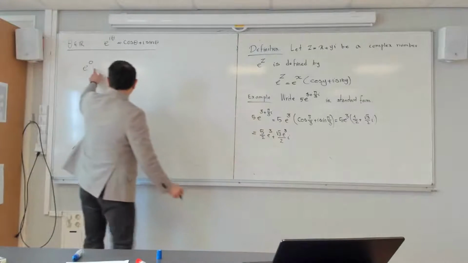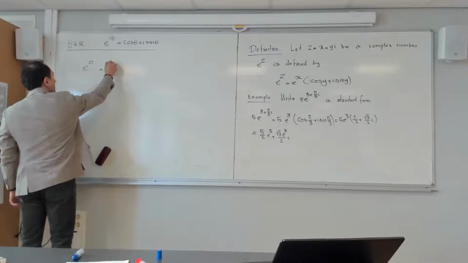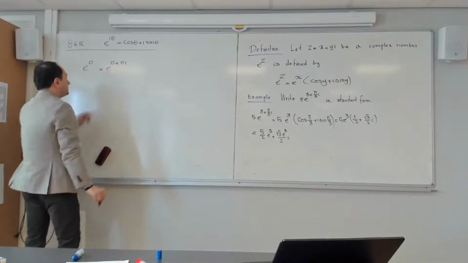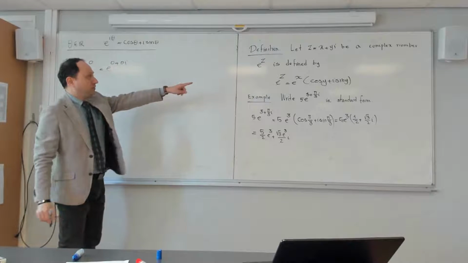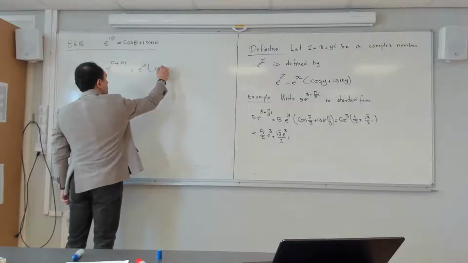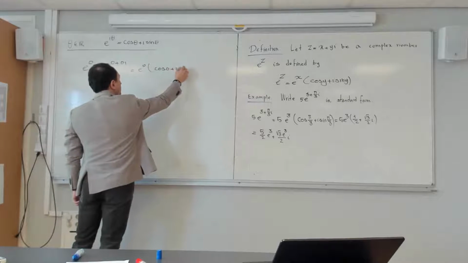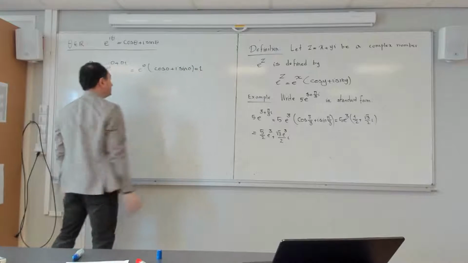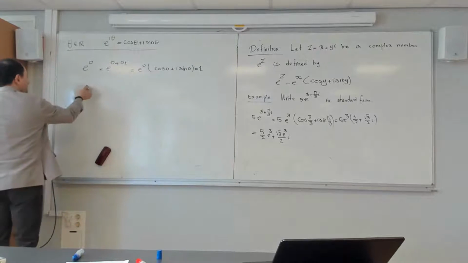Because when I write it in that form, it becomes e to power 0 plus 0i. So x is 0, y is 0. If I plug that in that formula, it becomes e to power 0 times cosine of 0 plus i sine of 0. Yes, so that becomes exactly 1. But what do you expect for this? What do you expect for e to power